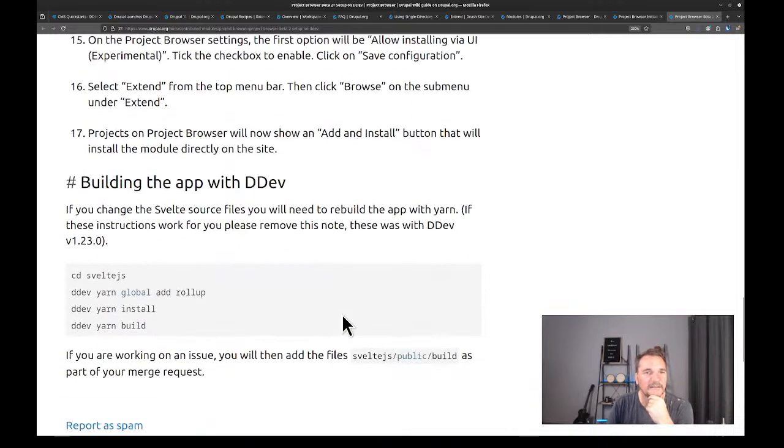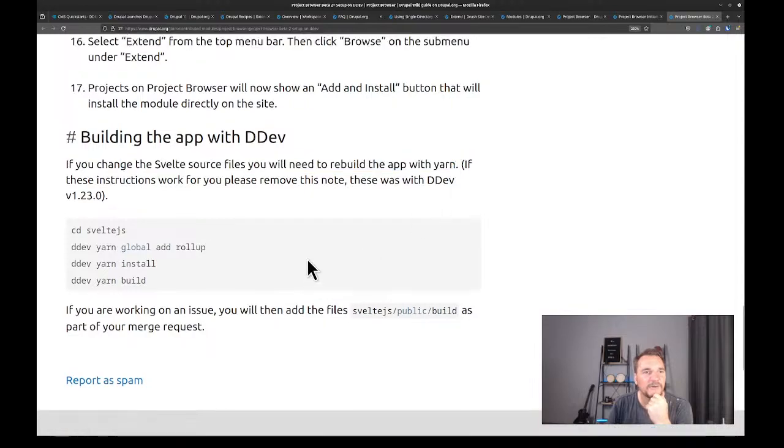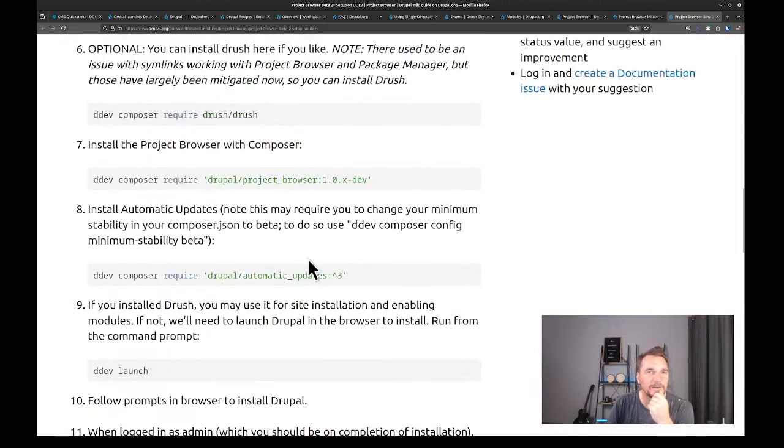Building the app with DDEV. If you change the Svelte source files, you will need to rebuild the app with Yarn. I don't want to build it, right? That's where we've gone separate. Okay, so